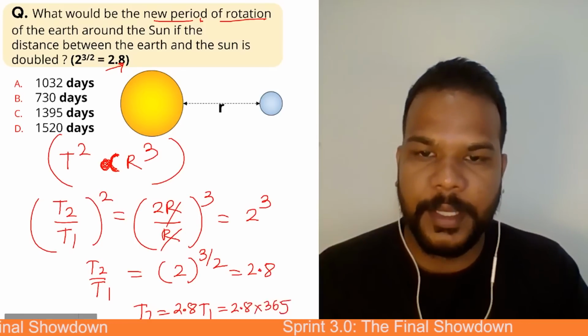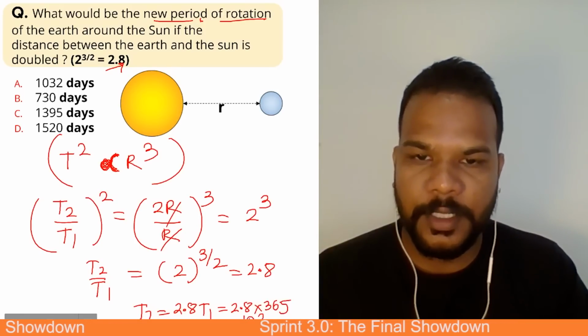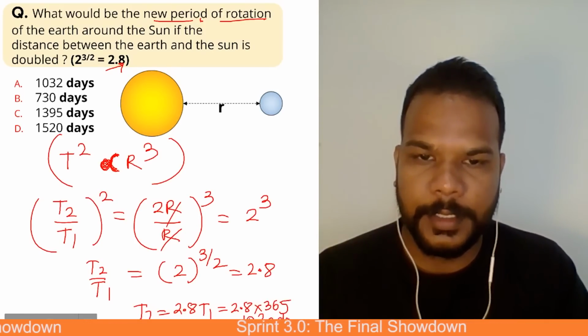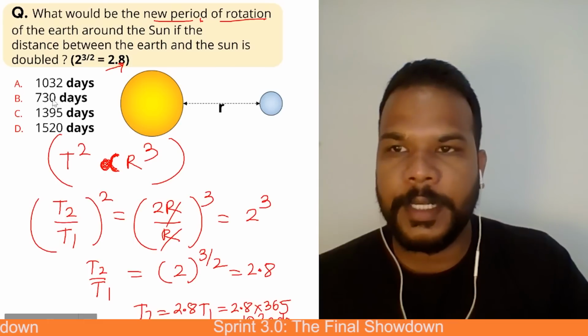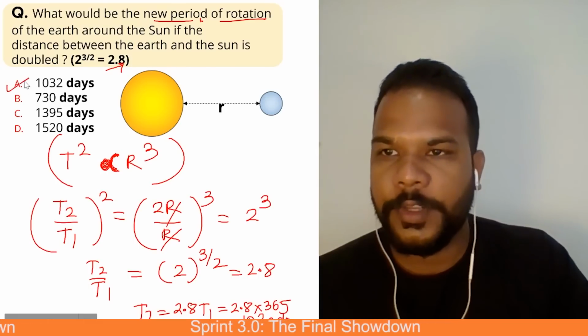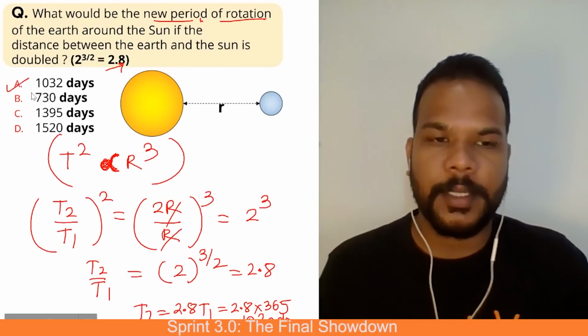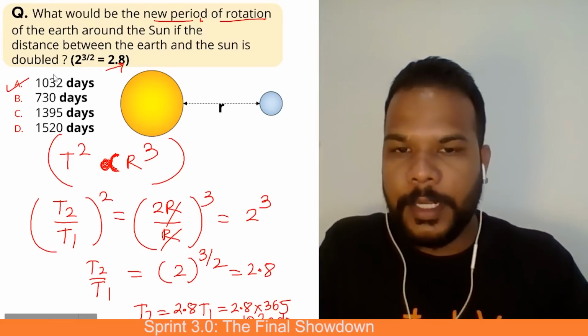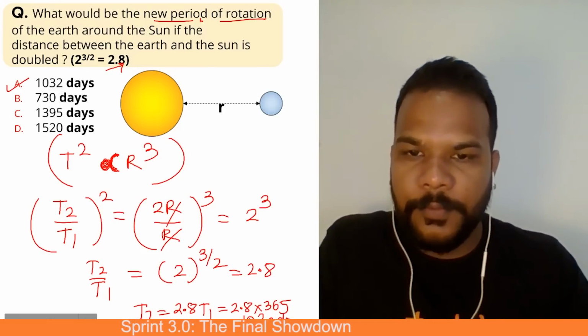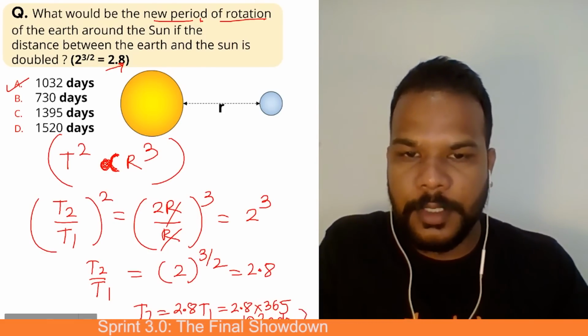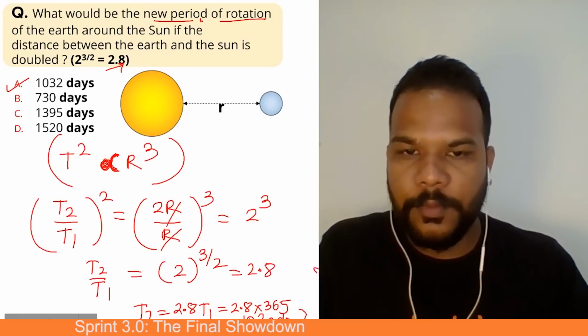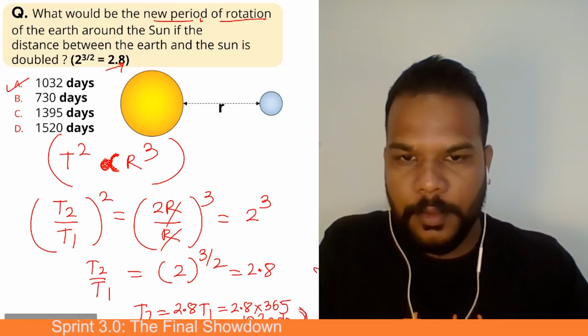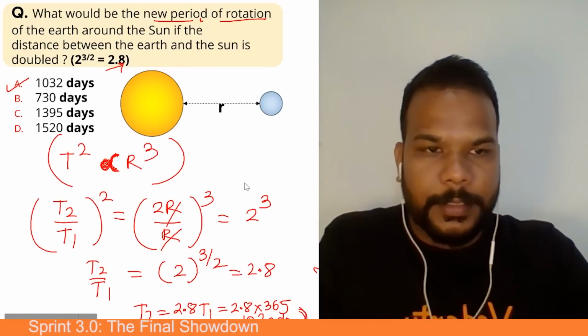So when we simplify this, roughly this value comes out to be 1032 days. Okay. Obviously the distance has increased, so the duration of the year will also increase. So 1032 days will be the revolution time if the distance between earth and sun becomes double its present value. Okay. Okay guys,